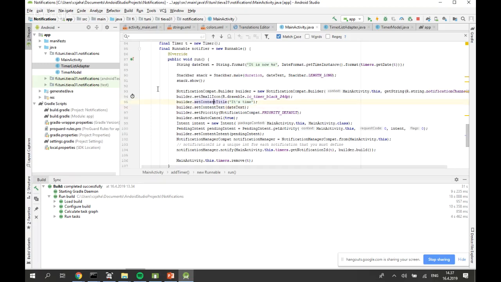This is the same text I used in the snack bar. And then you set the priority. Auto cancel tells whether it is removed automatically when the user clicks it. And then intent, you should provide intent for these notifications, and these tell what happens when the user clicks